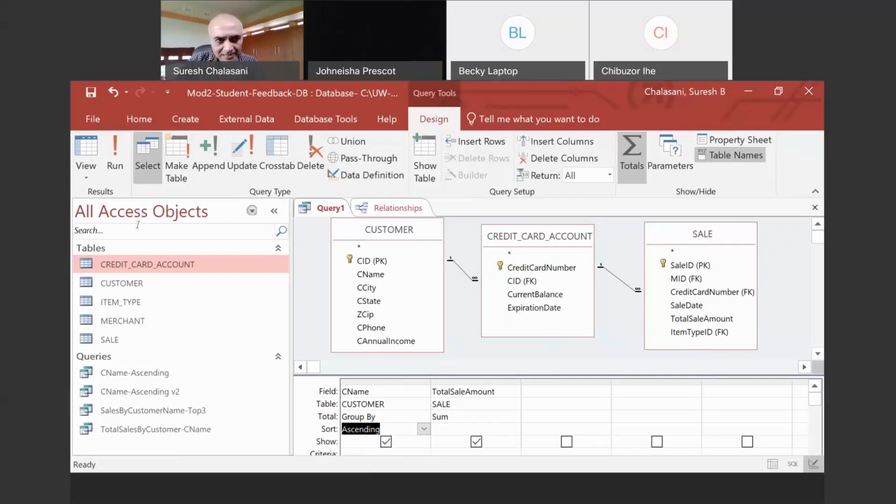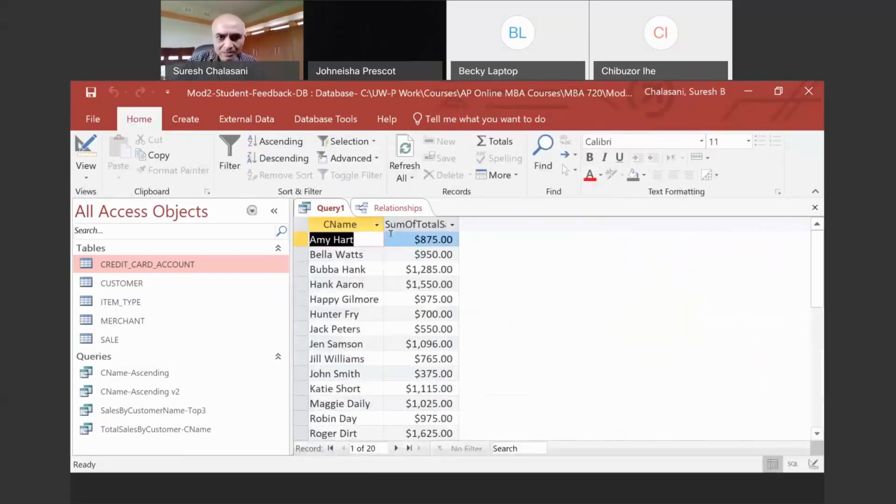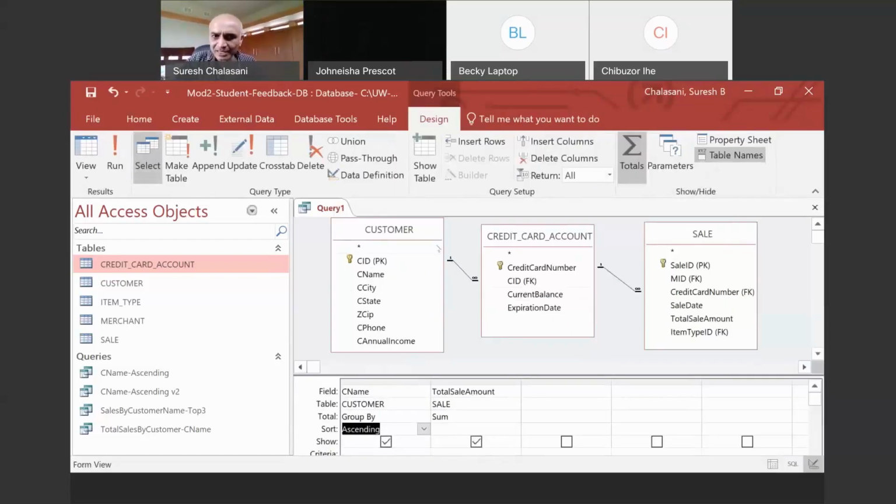And now if I run this, I'll have all these sums correctly reported here based on how much each customer spent. That's because we have done the right thing in the design view by bringing in not only the customer table and the sale table, but also the connecting table in the middle.